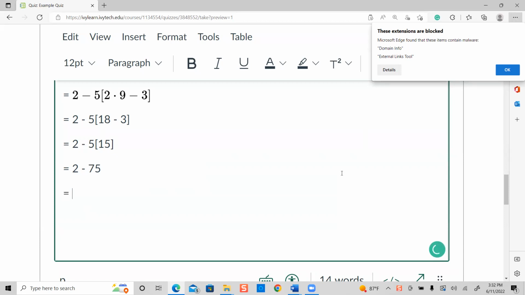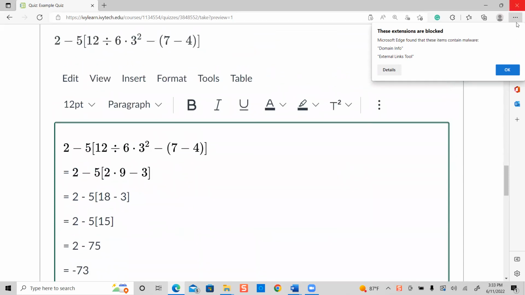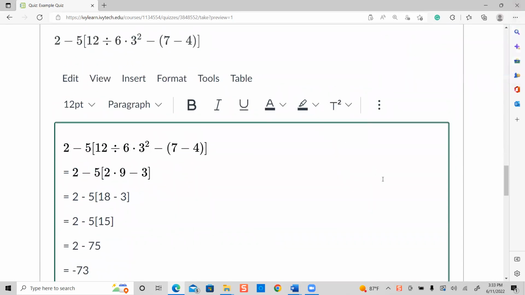Now we can do our last step, 2 minus 75, which means I had $2 in the bank and I spent 75. I am in the hole $73. However, say that you didn't want to type this all up